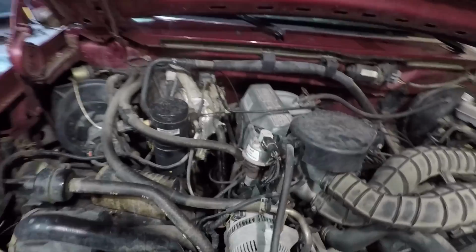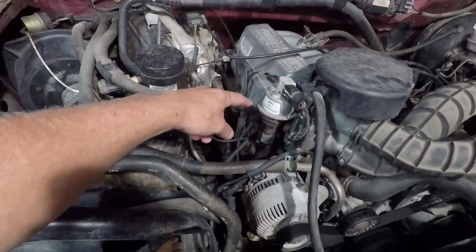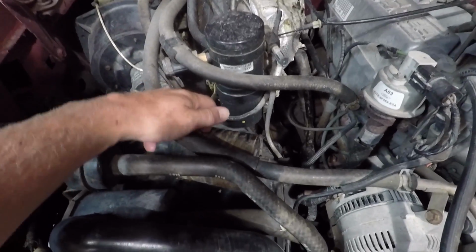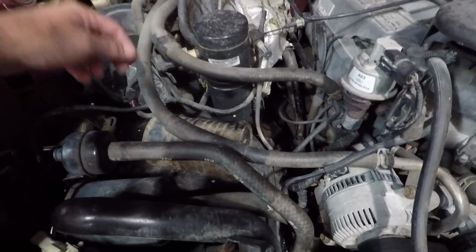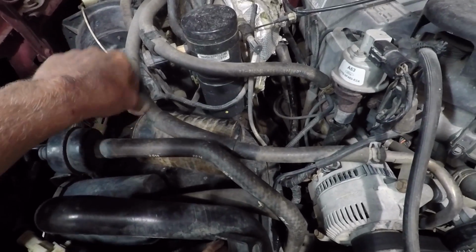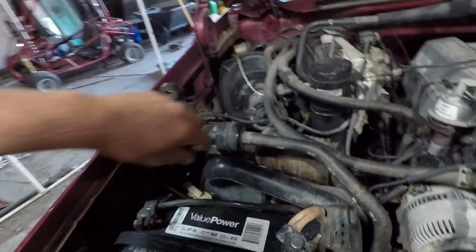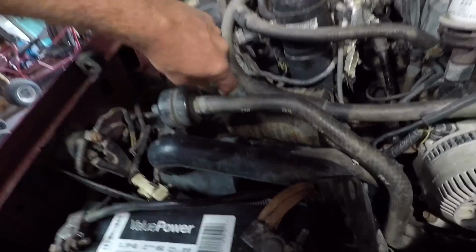But I believe what the culprit is with the EGR valve is actually this soup can looking thing down here. This is your vacuum reservoir, and it looks like a soup can. And I believe that has something to do with the solenoid that activates the vacuum to the EGR valve. And my soup can, you can't really see it, but it has a hole in it. Well, it's down under here, about the size of a golf ball,